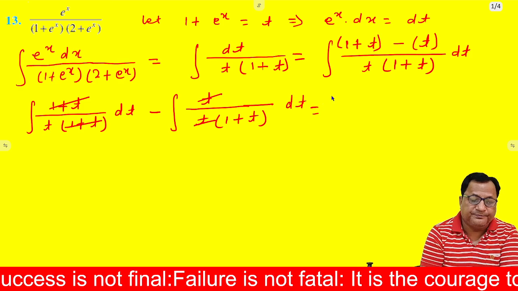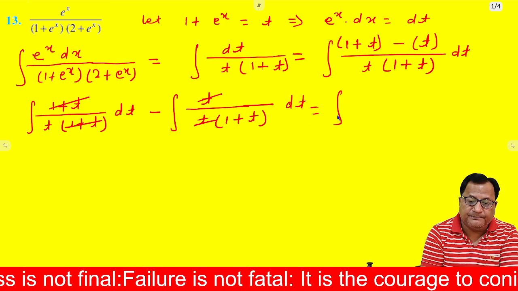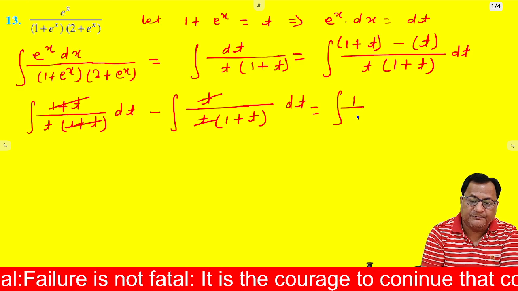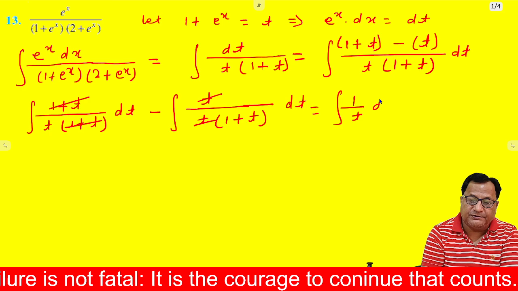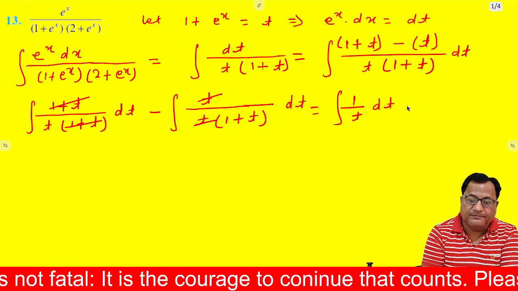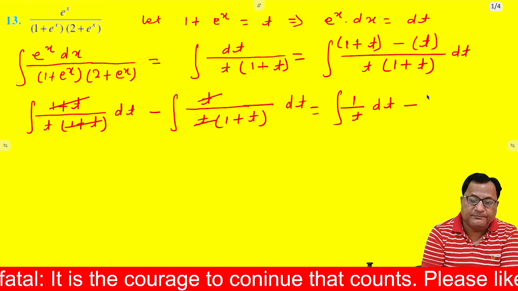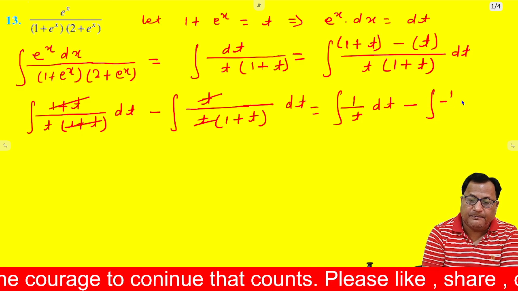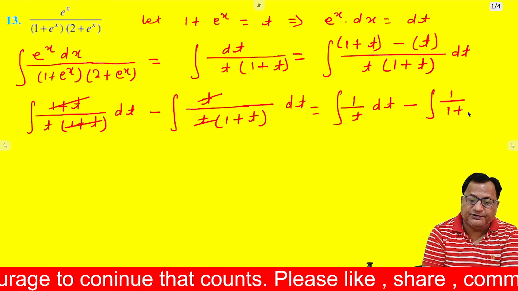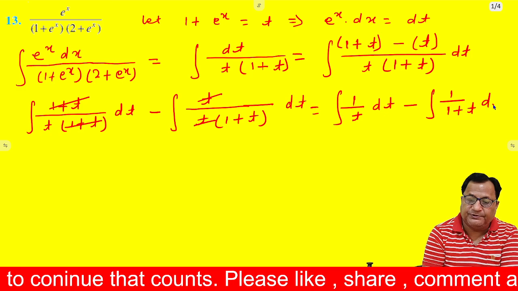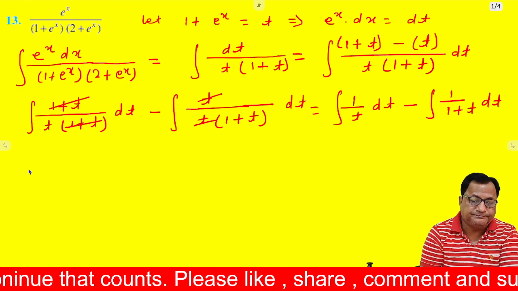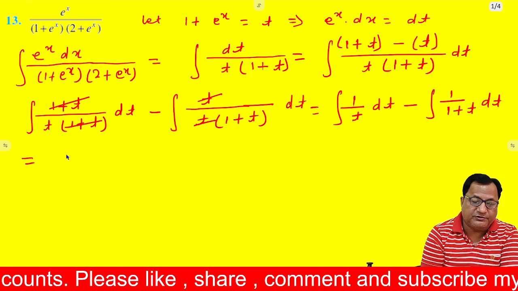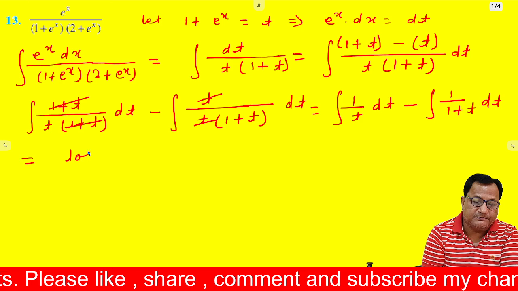So here will be 1 by t dt minus 1 by (1 plus t) dt, equal to, then integration of this will be log t